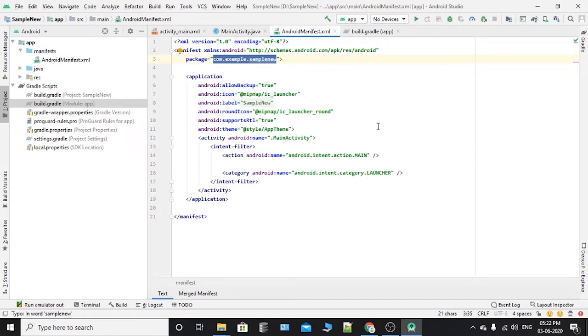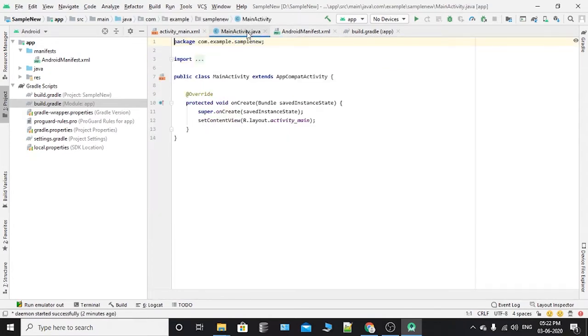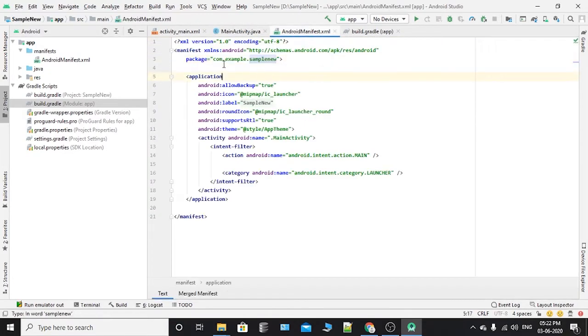The Android build tools use the package attribute for two things. It applies this name as the namespace for your app generator, this main activity Java. This is our package name, and this main activity Java should come after this, which is used to access your app resources.